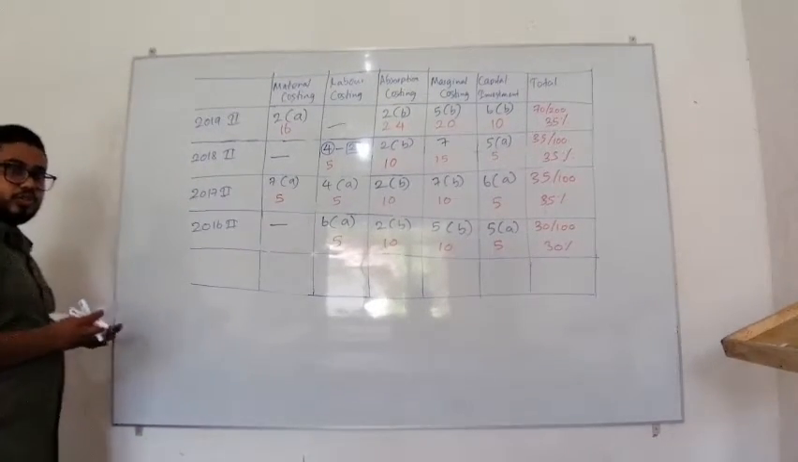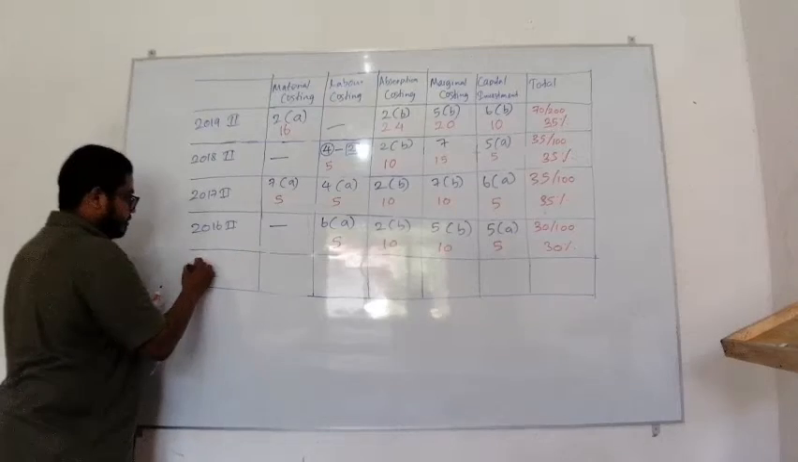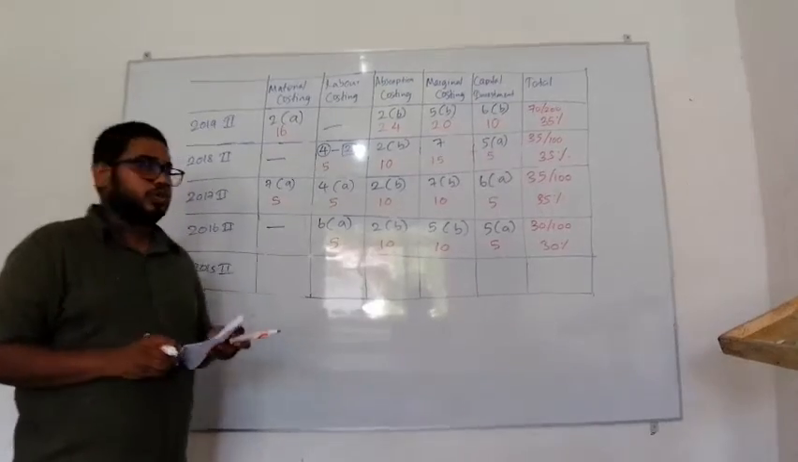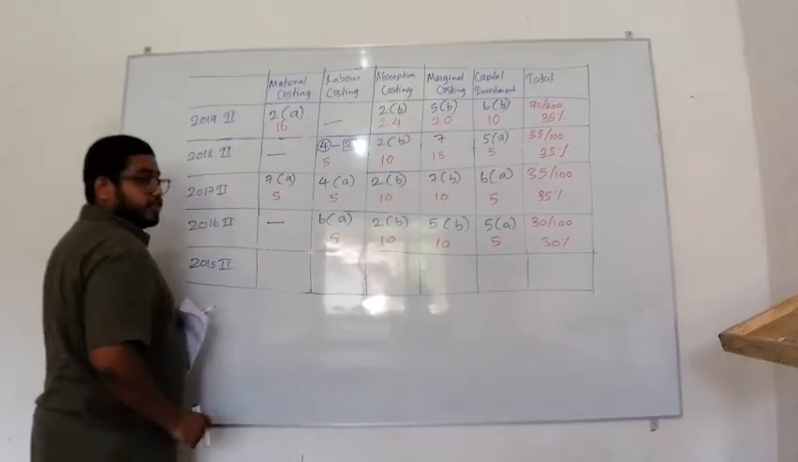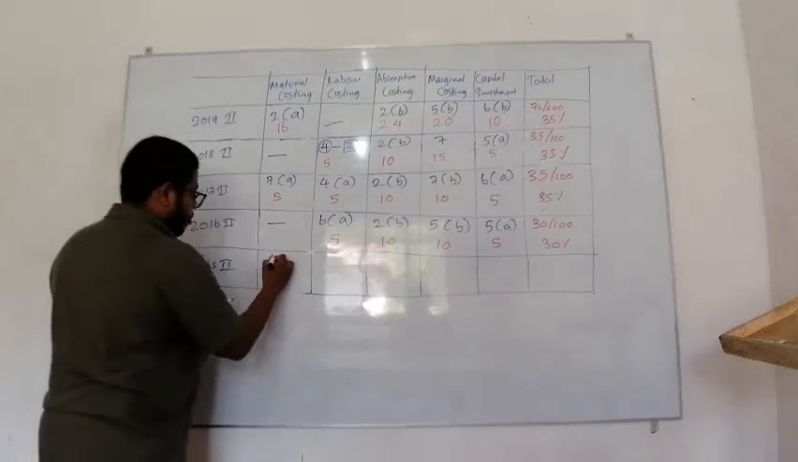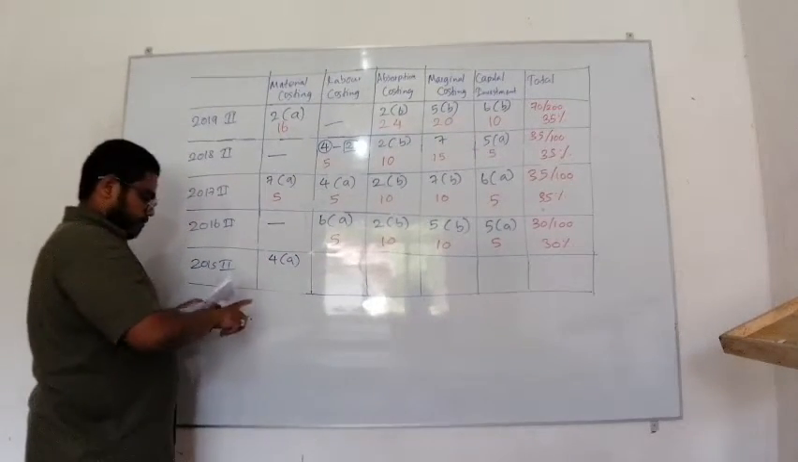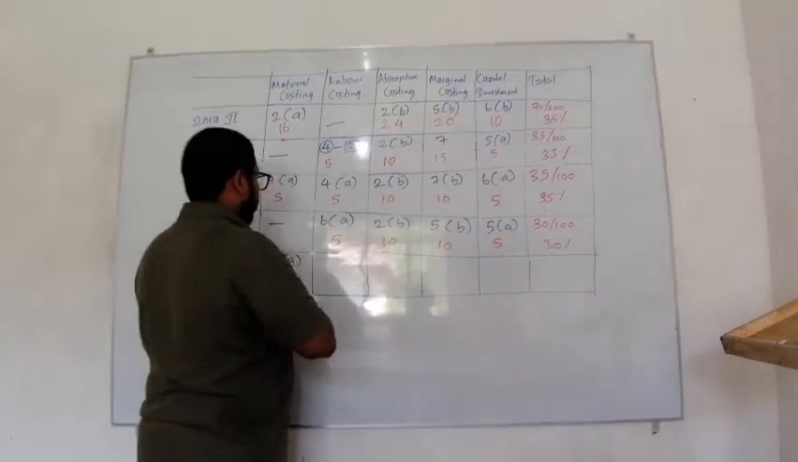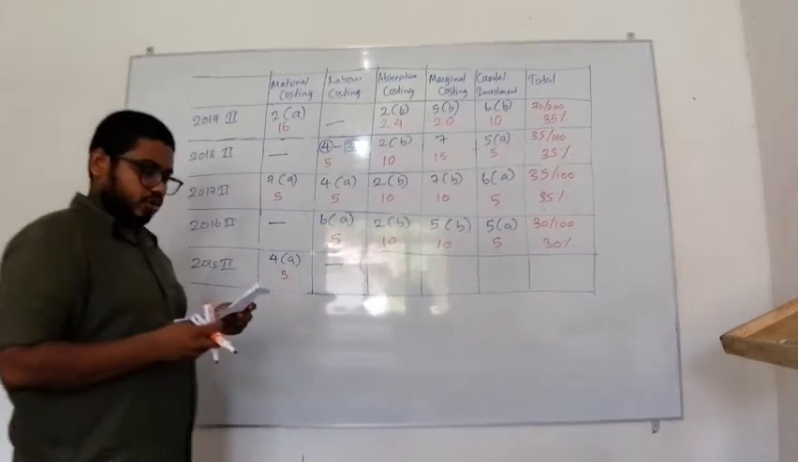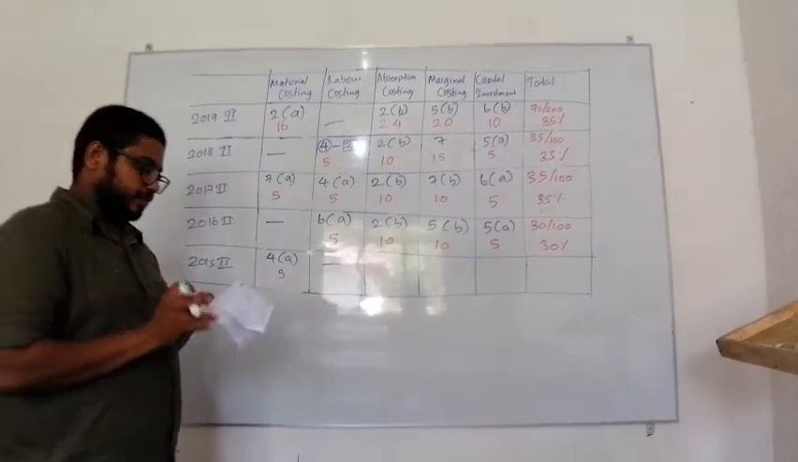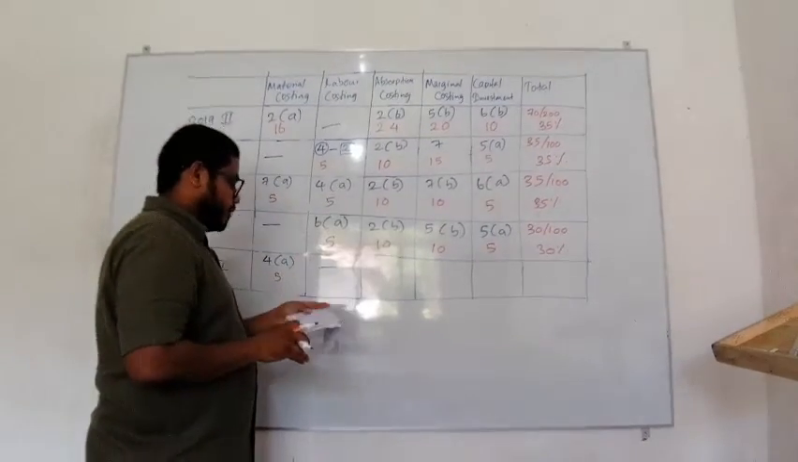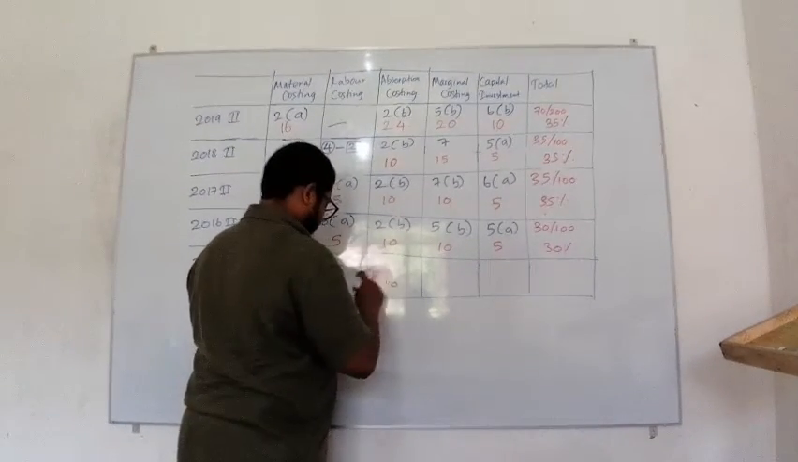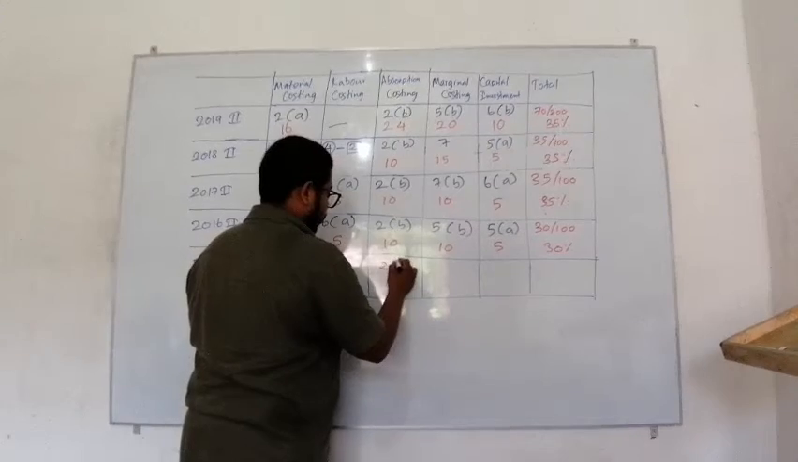Now finally we are going to analyze 2015 part 2. In 2015 part 2, you can find a question related to material costing, which is question number 4, part A, where you can find 5 marks for that question. However, you will not find any question related to labor costing in the 2015 paper. But when you move to absorption costing, you can find a question for 10 marks, which is question number 2B